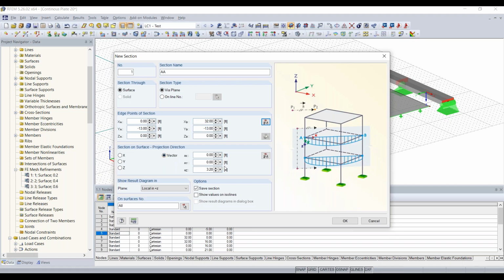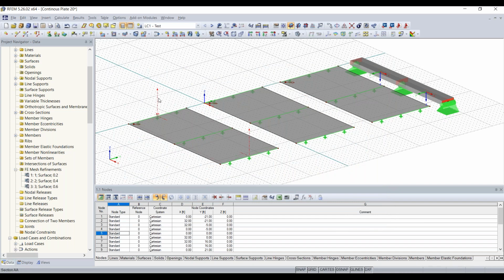So you can see the plane that this section cut will be in is the local positive z-axis, so it'll be pointing upwards, and we can click OK. So now you can see we have our section cut, and you'll see how this helps us view our results